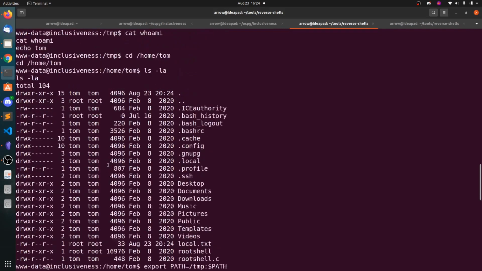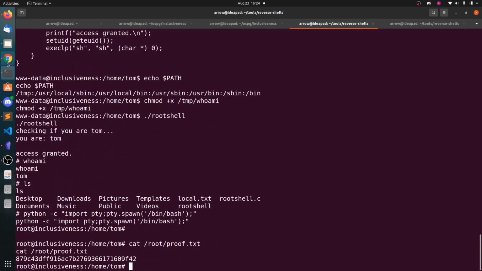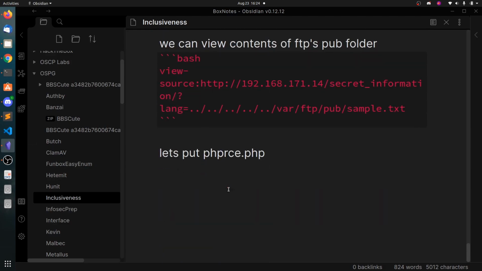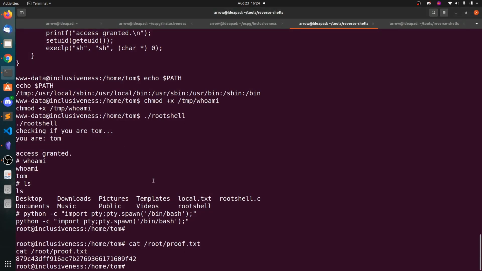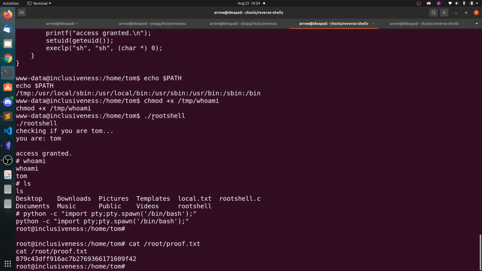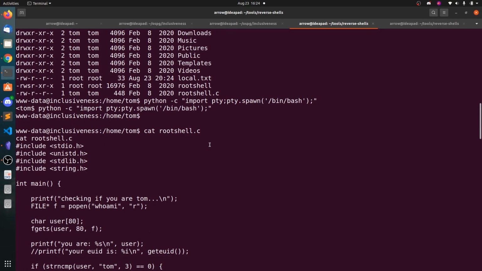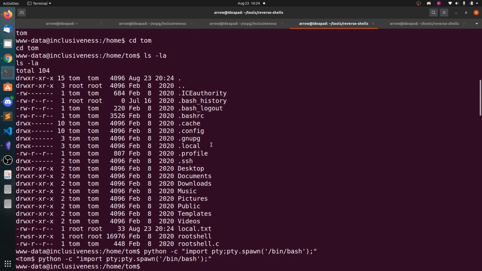So you can copy all this output to your notes. So that's all for this box. You can say we got shell, initial access, and you can just fill up the notes here. Of course you might lose some of the notes, so just focus on getting the root, and then you can take the notes later in your free time.